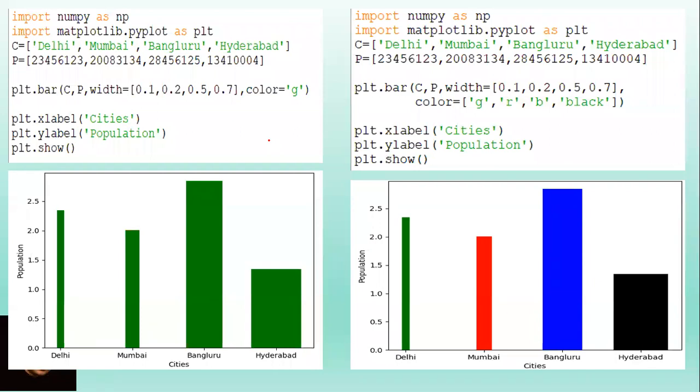Now we have two examples here. Focus on this center line, plt dot bar c comma p comma width comma color is equal to g. So we have green color for all the bars. So we have changed one color for all the bars.